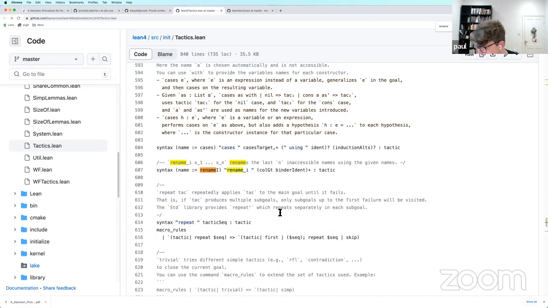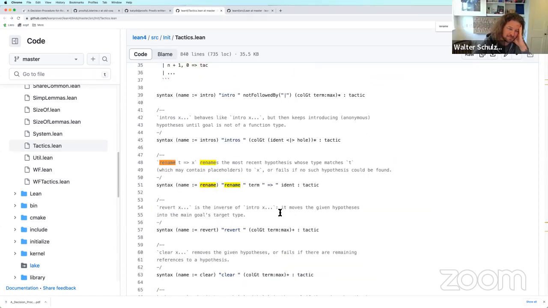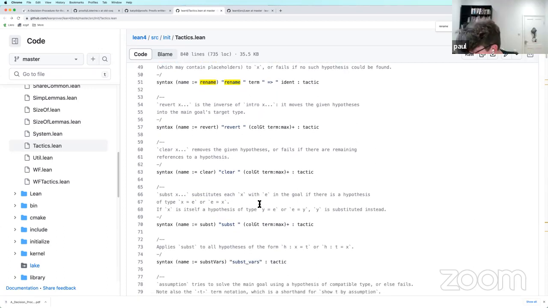I can't see it. Well, rename I is the best I have, but not exactly what I want.